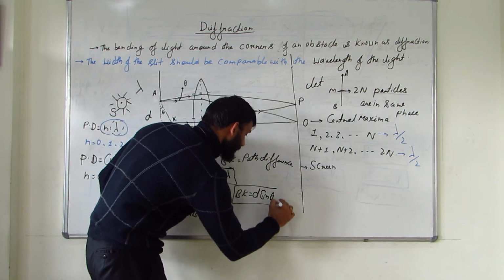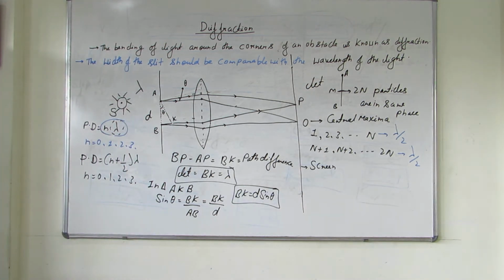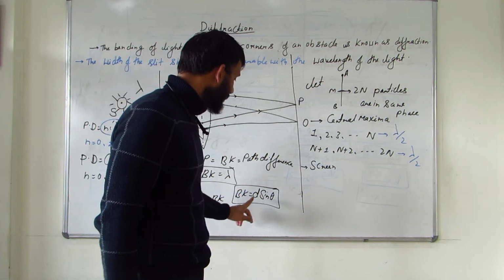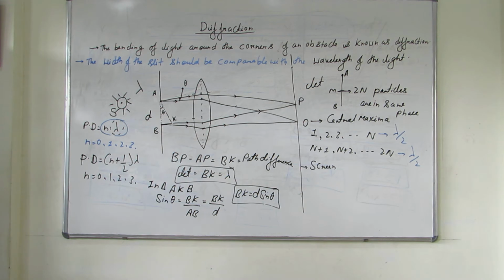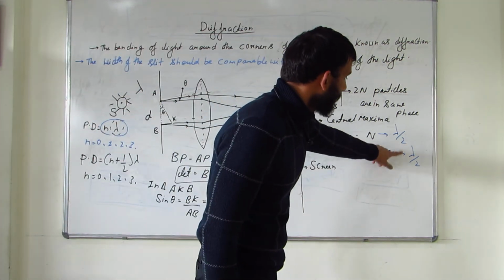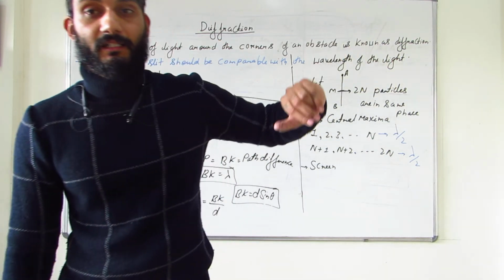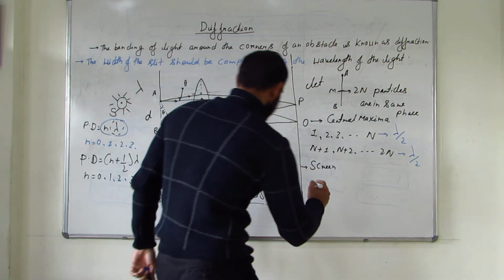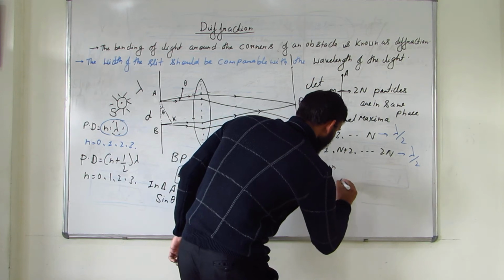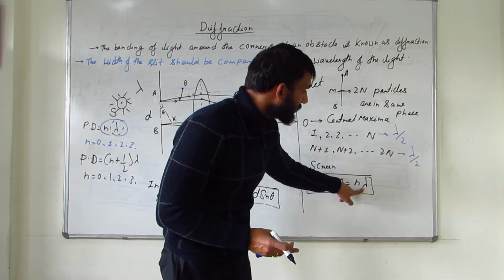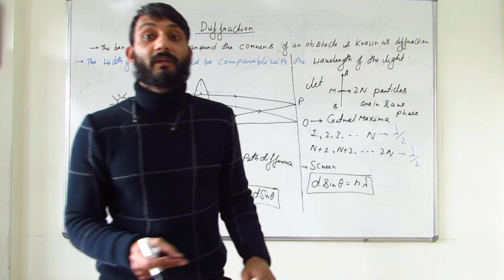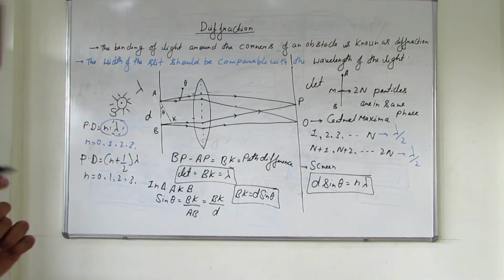So how much is the path difference? d sine theta. So I have calculated the path difference d sine theta. If BK, which is d sine theta, is equal to, if this path difference is such that these two combine together forming a dark point, then d sine theta is equal to n lambda. Now why am I writing lambda here? You will say, sir, you should write lambda by 2. Because it is a combination of two lambda by 2 making it a dark point. So this is the condition.